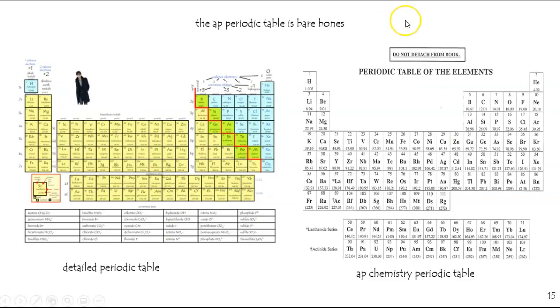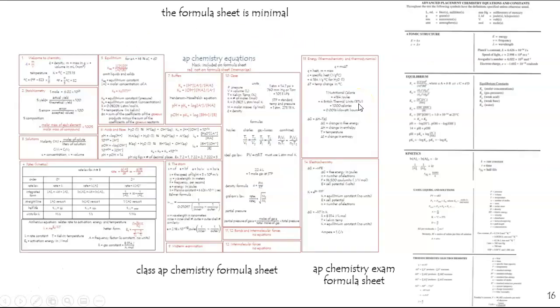They do let you use a periodic table, but it's bare bones. Here's the one that you'll be actually allowed to use. Here's one that we'll be using in the first half of the year that's meant to provide much more guidance. It includes the polyatomic ions. It gives you a lot of hints about what each column is designed for, valence electrons, charges, things like that. Names of elements, that's handy. So be aware that it's fairly bare bones.